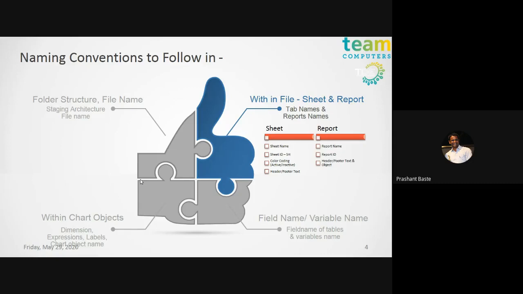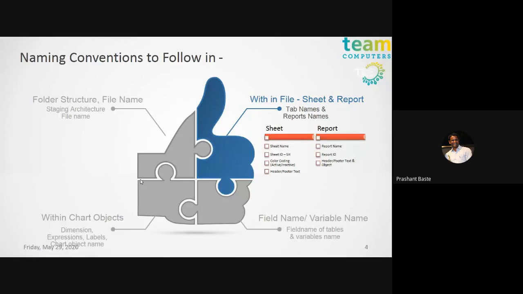But if you have a proper naming convention, where sheet 1 is my dashboard, sheet 2 is my wholesale, sheet 3 is my retail, sheet 4 is my sales pipeline, and if I need to find the sales pipeline, I will directly go to the fourth sheet, where I have all the KPIs of the sales pipeline. So it is very important to have crystal clear sheet names.